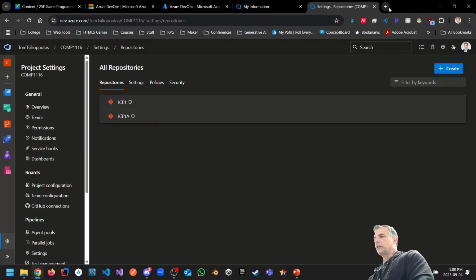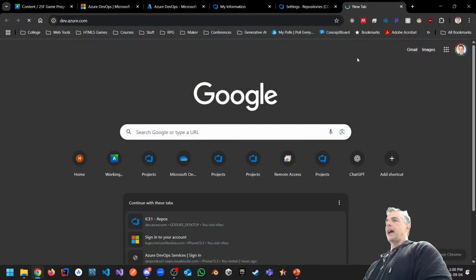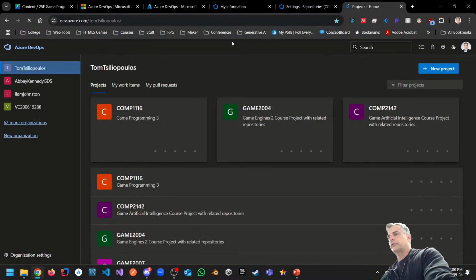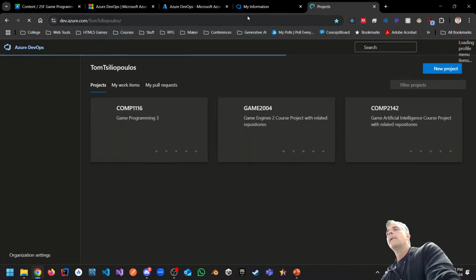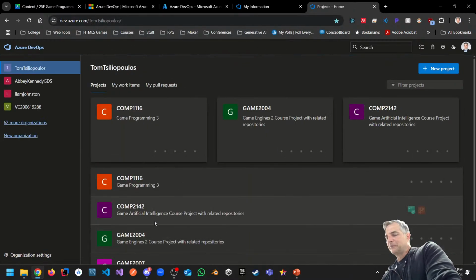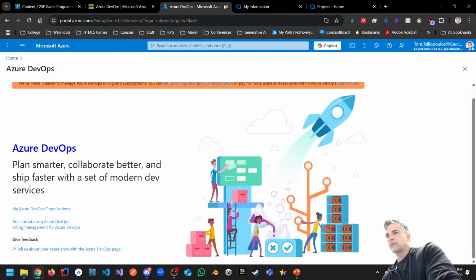And like I said earlier, I'm just going to digress for a second. If you go back to dev.azure.com, just for a second, actually, that's not going to do it. Let's just go to dev.azure.com with nothing in the back here. Let's see if it's going to allow me to do it. Nah, that's just DevOps. It won't do it. So what you have to do is when you go back to dev.azure.com by itself, like let's say if I was to close these all down,